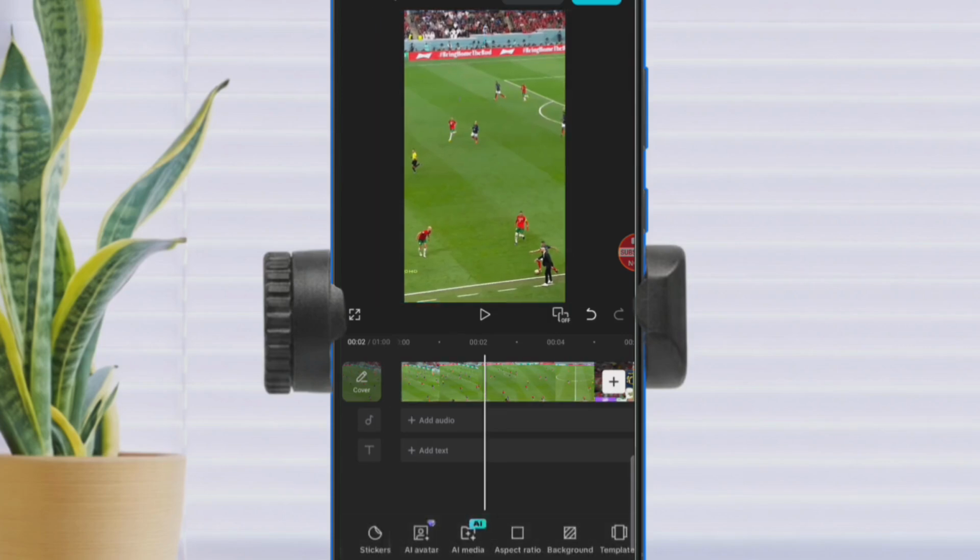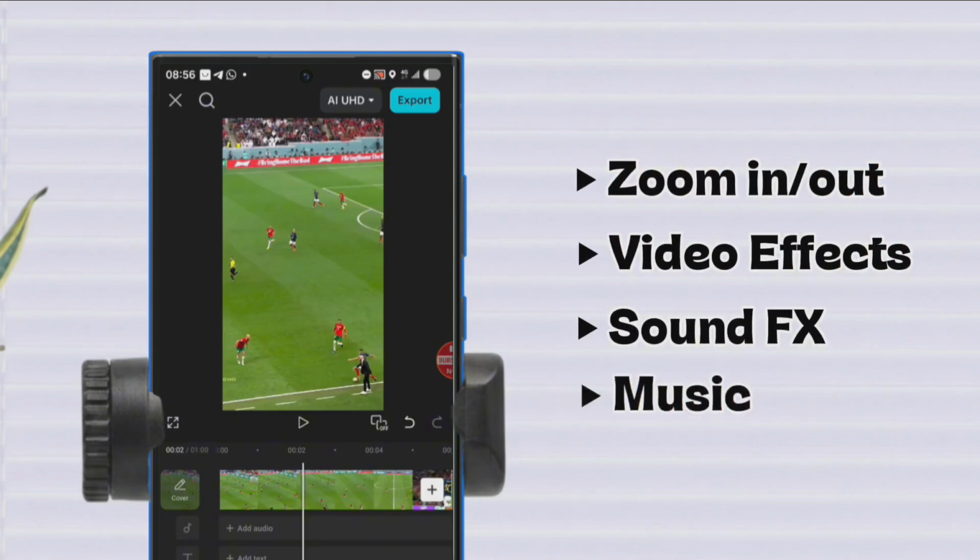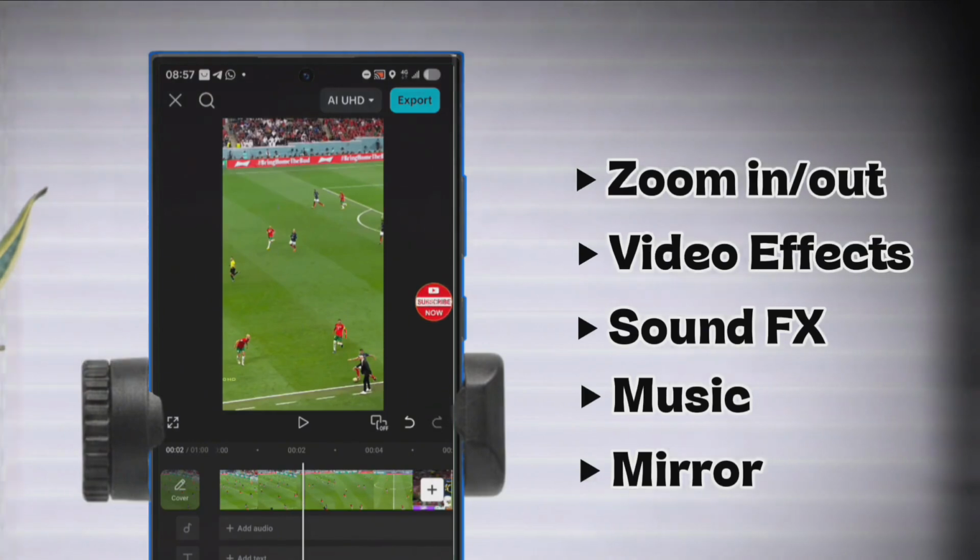So there are things you need to do to avoid copyright on this video. Zoom in or zoom out, video effects, sound effects, underlay music, and mirror. So if you can include all of these things, trust me, you're not going to get any copyright strike on your video. Now, there are some additional steps that you can add. That is, if you have the time. It all depends on how professional you are when it comes to video editing. But then, as a total beginner, I'm going to show you the right things you need to do right away.